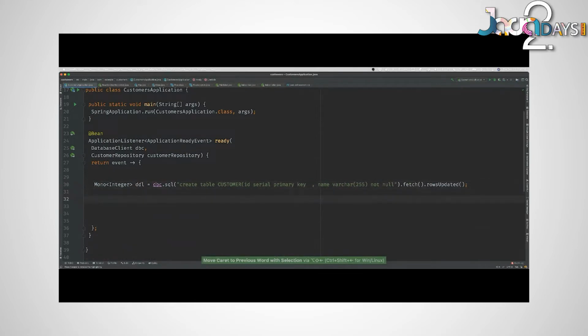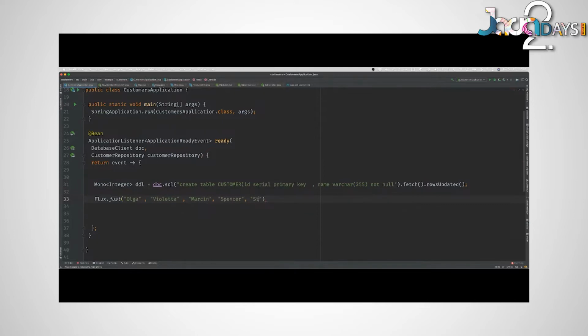The next thing I want to do is save the data into the database. So I'm going to create a reactive stream, and we're going to create some data for that database. Here's our stream. We're going to create some names. Who should we put in the stream? How about some people on the Spring team? We've got some good people on the Spring team. We've got Olga, of course. We've got Violetta, of course. We've got Marcin. We've got Spencer. We've got Stefan.